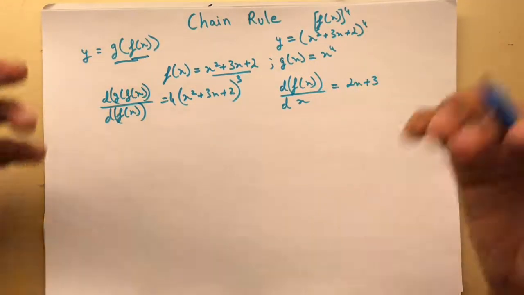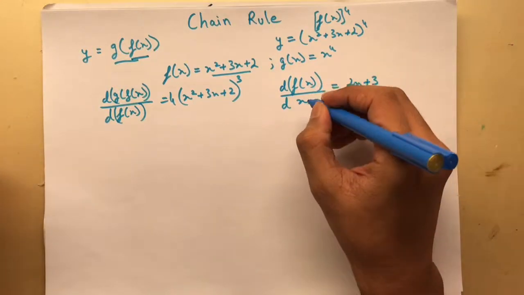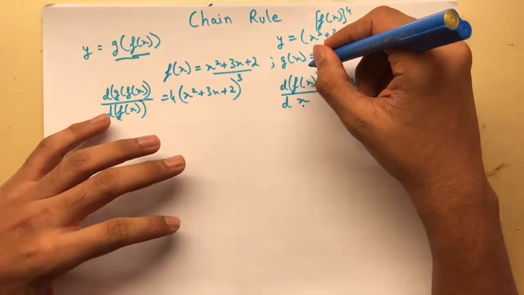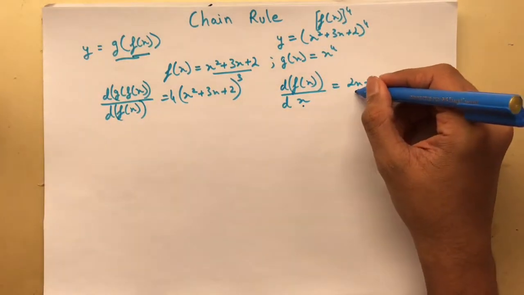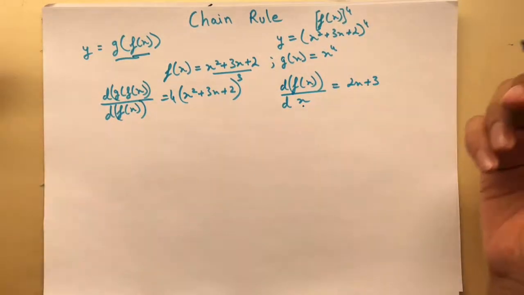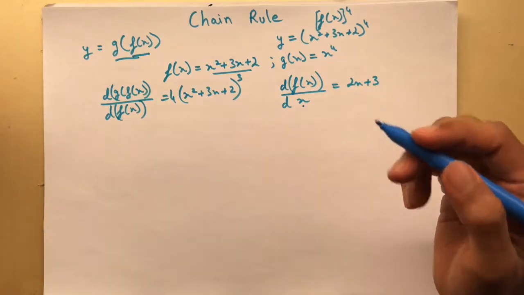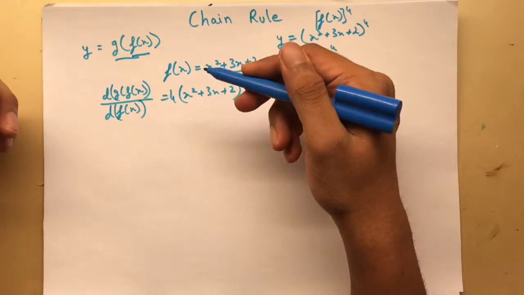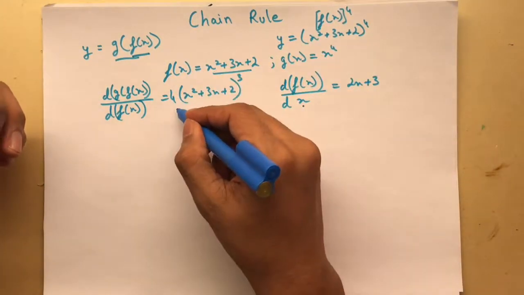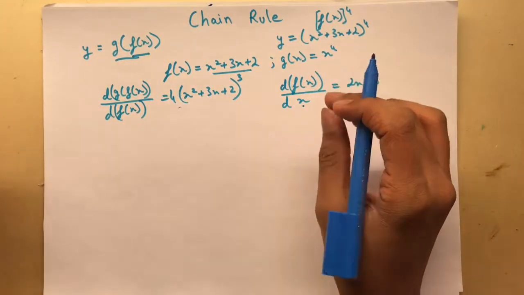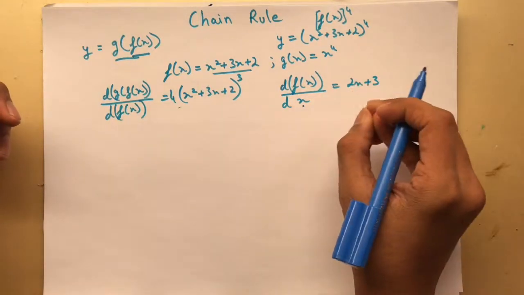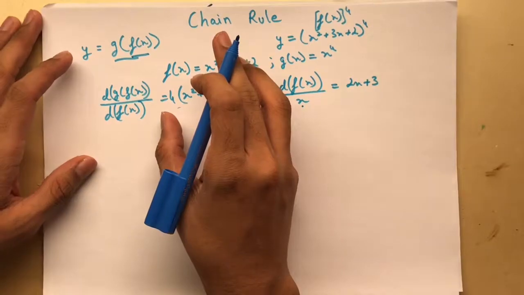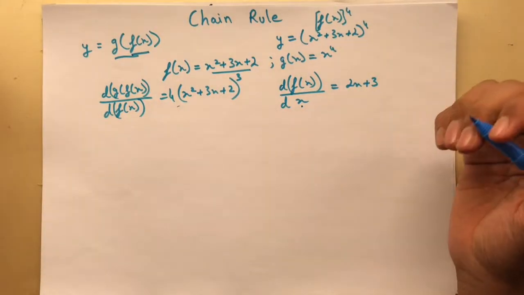So I didn't mean to confuse you in any way, but basically what it says is, if I change x a small amount, then f of x changes by a resulting amount, which relates to it by 2x plus 3. And if f of x changes by a small amount, then g of f of x changes by a resulting amount, which is this. And so if x changes, then we would need to multiply this that many number of times, and that does make intuitive sense